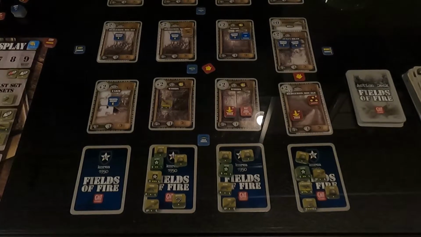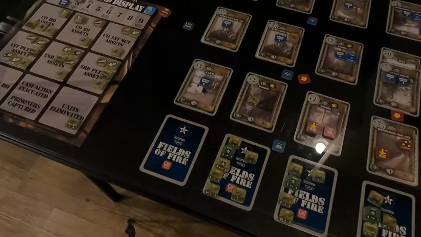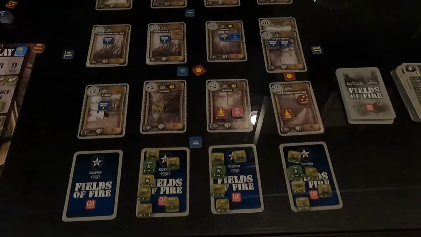We're continuing our playthrough of Fields of Fire by GMT Games, and this is turn 2 of the redo of the Trevieres offensive. So first thing we'll do on our card is move that up to turn number 2, and now we're going to send